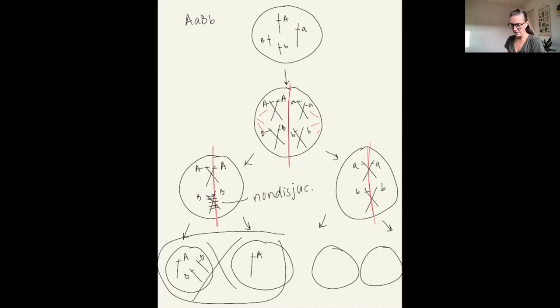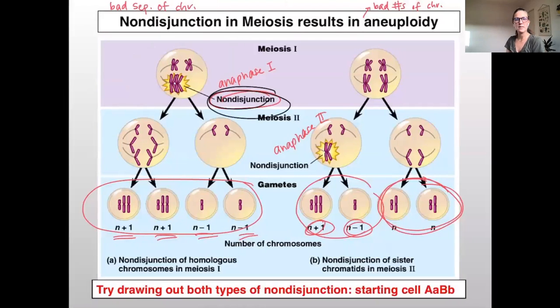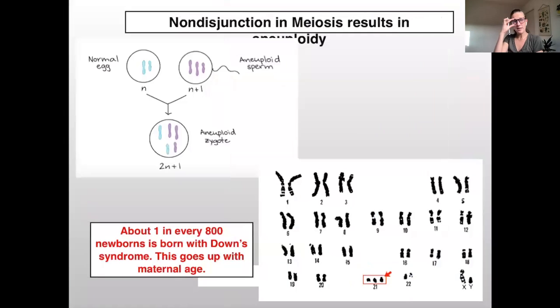Both of these gametes are very bad. In the other cell, however, no non-disjunction occurred, and you get one copy of each chromosome, right? So non-disjunction can create aneuploidy, or improper numbers of chromosomes, and it's much worse when it occurs in anaphase 1, meiosis 1. Okay, so non-disjunction in meiosis results in aneuploidy because these aneuploid gametes that we made have